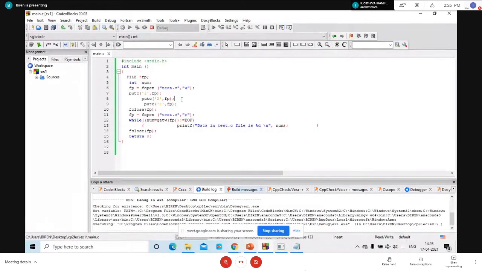So now we can read this data using a normal text application like Notepad, but we cannot use the getw function. Why? Because if you use putw, then this data is stored in the form of a word, and the getw function is going to read one word and extract the integer.